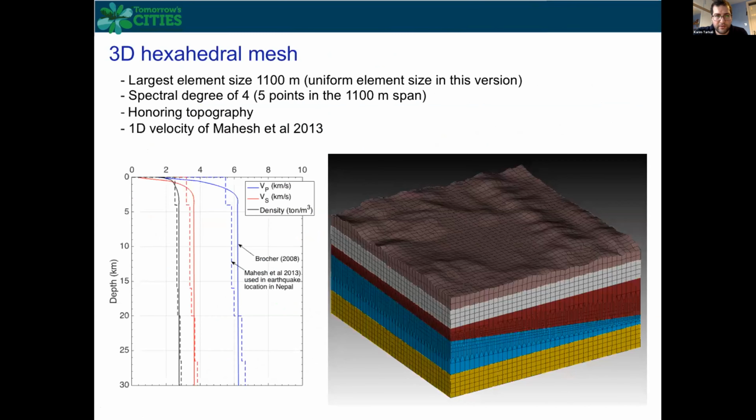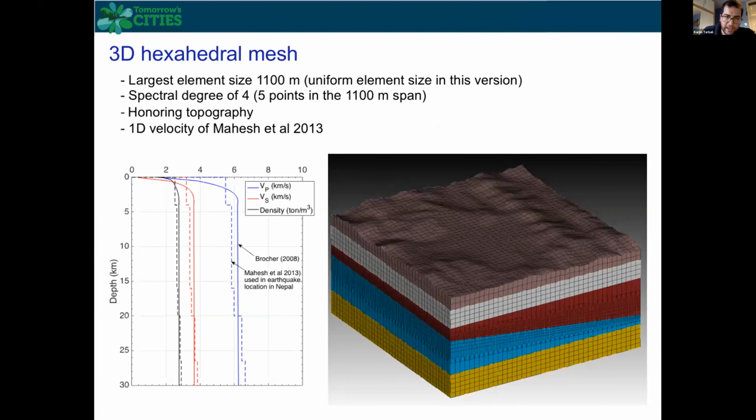For the 3D simulations of the seismic waves, this 3D hexahedral mesh has been generated. The mesh size is around 1,100 meters, but the spectral element degree is 4, meaning that 5 points of integration have been put inside those elements. So the spatial resolution of the model is, I would say, very good. And the geometry of the Kathmandu basin has been considered. The basin geometry is coming from this